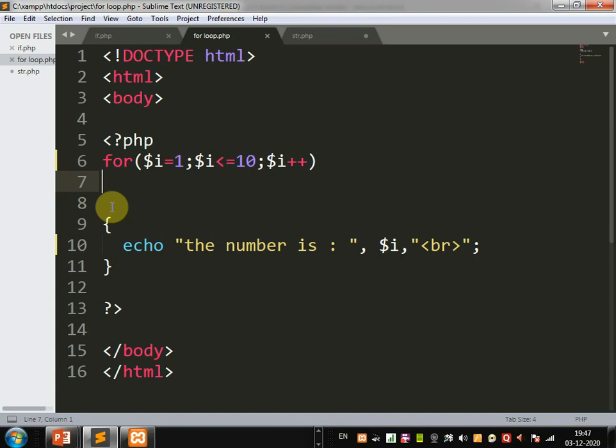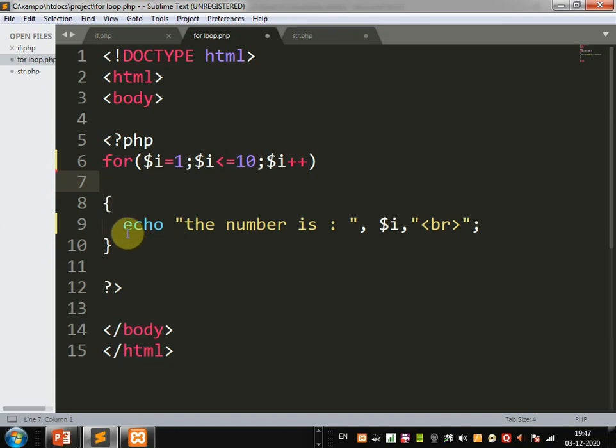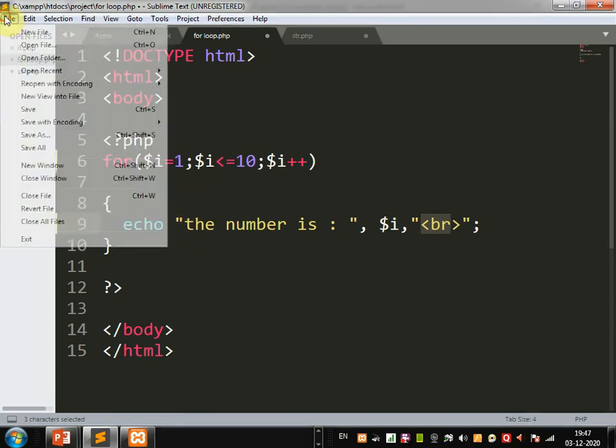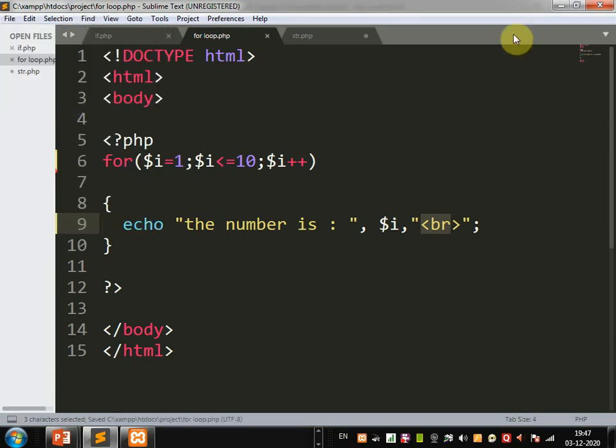Once you have given these conditions, you print the result on the page, so we can use the echo statement in PHP. You write the statement, the number is, then the variable, and then use the br statement to go to the next line. The control will go to the next line, and the result will be displayed: 1 2 3 4 5 6 7 8 9 10. Save this program and check it in the